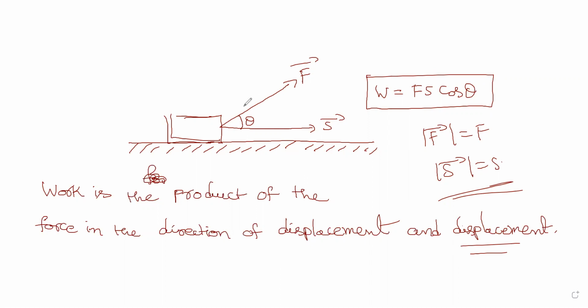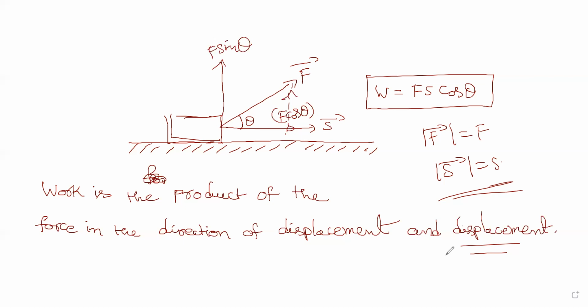So what is the force in the direction of displacement? What is the component of F bar along S bar? That is F cos theta. Okay? F cos theta is the component of force. So you can make a triangle like this and then find cos theta. That's how you get F cos theta. Hopefully you got to know the resolving into components, and this one is my F sin theta, right? And this one is my F cos theta. This is how we resolve into components.